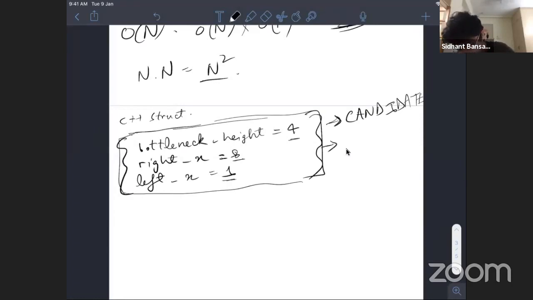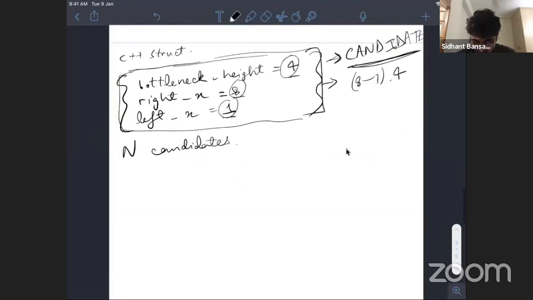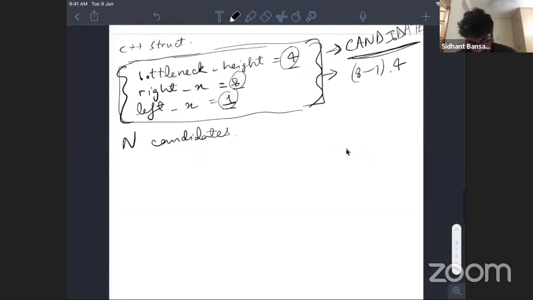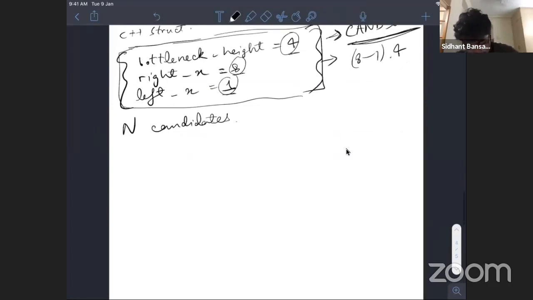It's 8 minus 1 times 4. It's r minus l times the height, right? And how many candidates do you have? You have n candidates. Now, the idea of the stack solution is that initially we know the bottleneck heights of every guy,